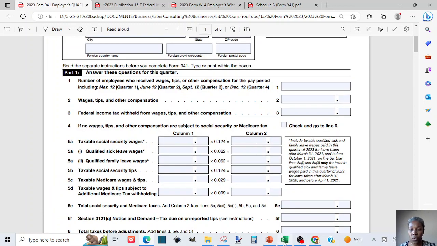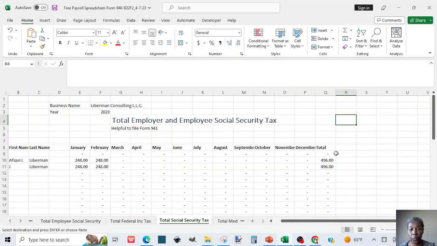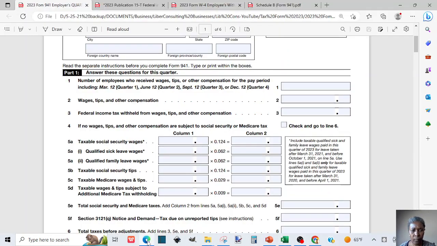So you can use the spreadsheet to double check the number you calculated there, but it's pretty much, you have the wage subject to social security and social security withheld, and the employer portion, the total of both will be in column 2. And if we pull